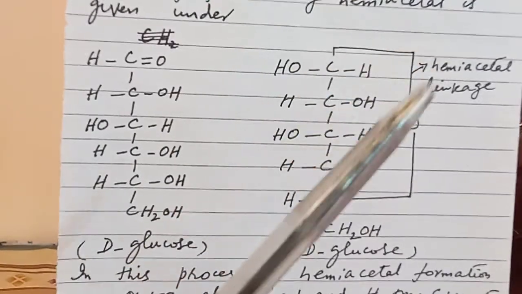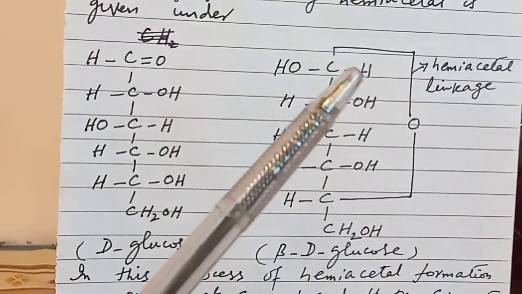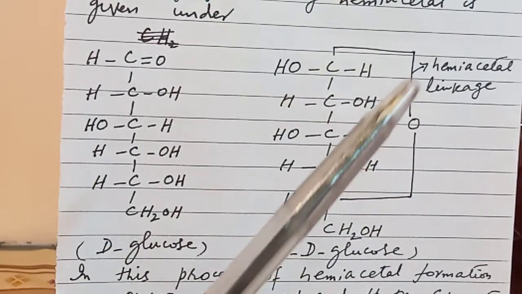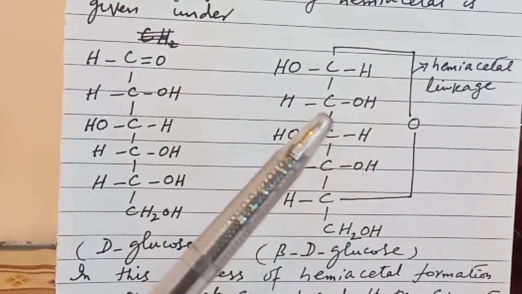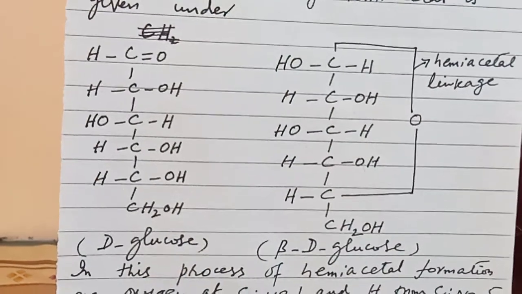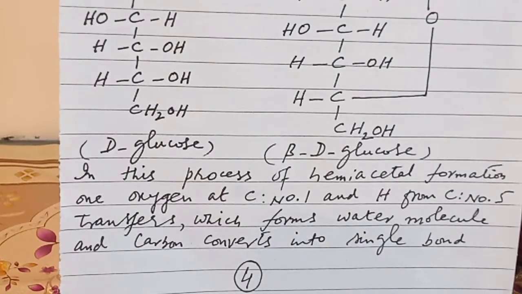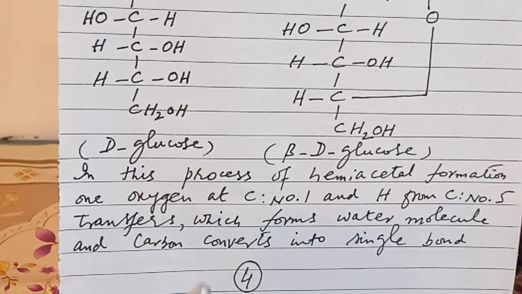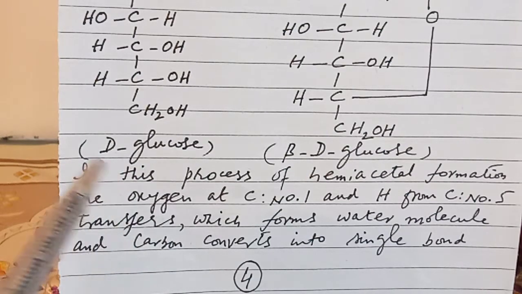The first carbon atom यहाँ पर हमने शो किया इसको, यहाँ पर जो फॉर्मेशन ऑफ रिंग स्ट्रक्चर हो रही है वो इसके दरम्यान में, ओके। तो यहाँ पर बन रही है हेमिएसिटल लिंकेज। अब उसके बाद इन दिस प्रोसेस ऑफ हेमिएसिटल फॉर्मेशन वन ऑक्सीजन एट कार्बन नंबर 1 एंड हाइड्रोजन फ्रॉम कार्बन नंबर 5 ट्रांसफर्स। यहाँ क्या होता है कि ऑक्सीजन जो होती है कार्बन नंबर 1 से वहाँ से और हाइड्रोजन जो कार्बन नंबर 5 है दोनों यहाँ पर